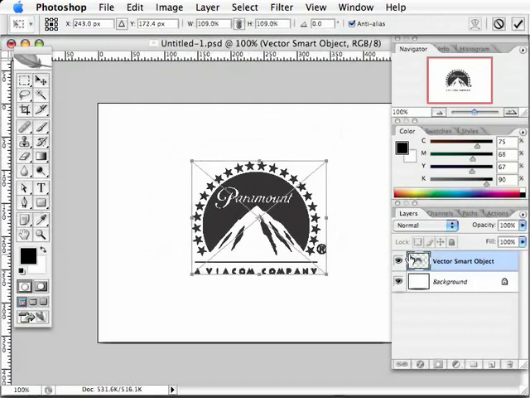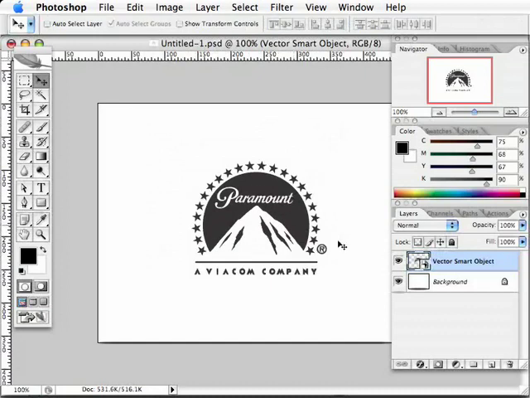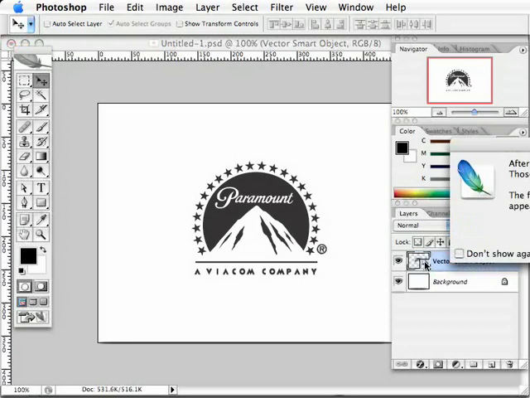Okay, so I'm going to go ahead and hit enter on the keyboard to accept this, and you can see that it created a new layer in the layers palette called Vector Smart Object, and on the icon for the layer there's a smaller icon that shows a document that says that it is a smart object. So the beauty of this is that this is totally editable and scalable, and there's a dependency on the original file. So what I'm going to go ahead and do is double click on the icon in the layers palette,